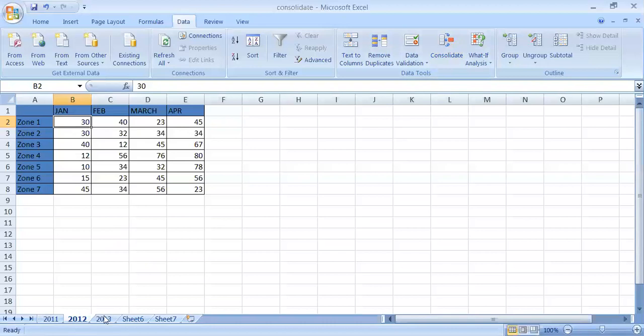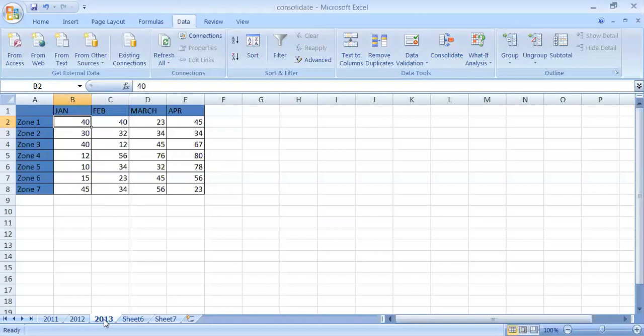And similarly for 2013, I had again prepared a sheet in which the rows, columns and the amount of data are the same. So it is clear that to apply data consolidate, the total number of rows and columns should be the same. If there is any blank row between the data, or the amount of data differs from one sheet to another sheet, the data consolidate will not work.